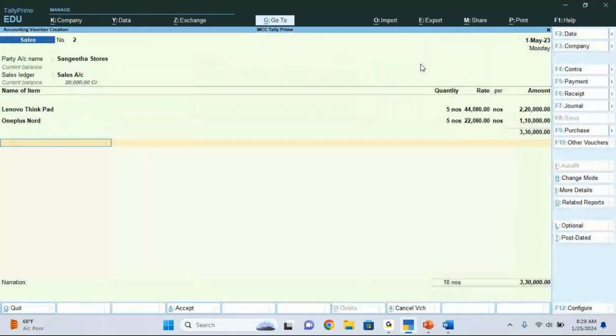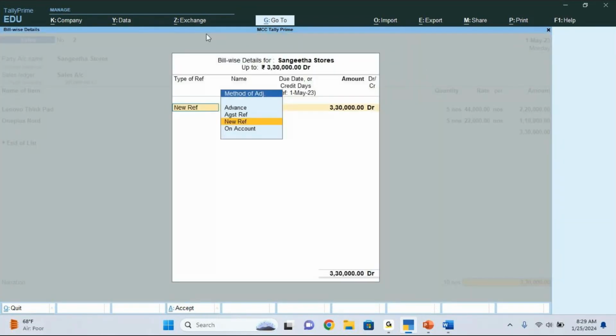Enter, and then after that you'll get the bill of reference. So, bill-wise details. Here we have to choose New Reference, because this is the first transaction that we are having with Sangeeta Stores. So in this case, it will be New Reference. Here you can mention the name of your bill. Let me give it as Sale-10,